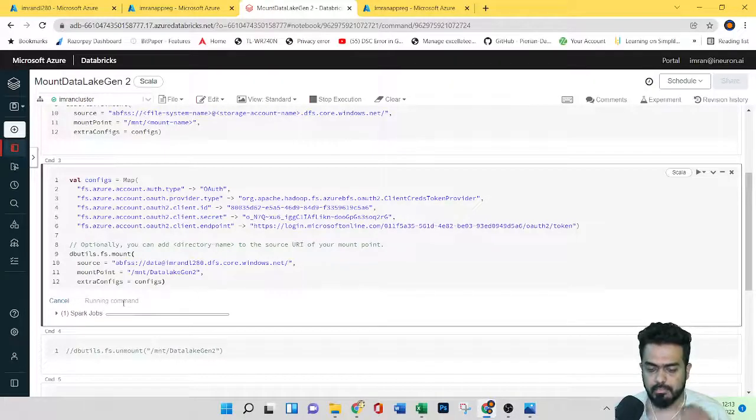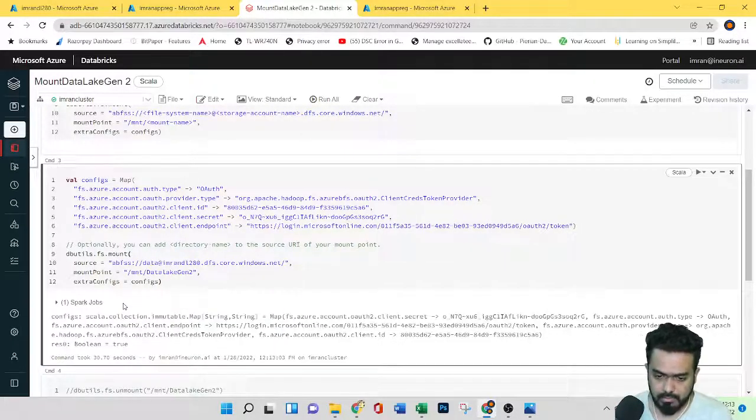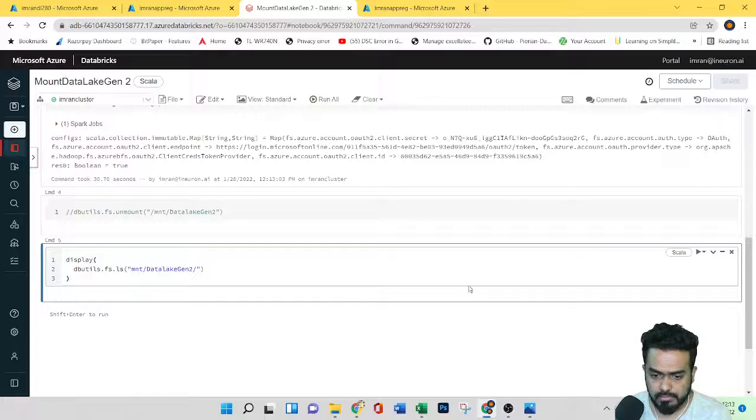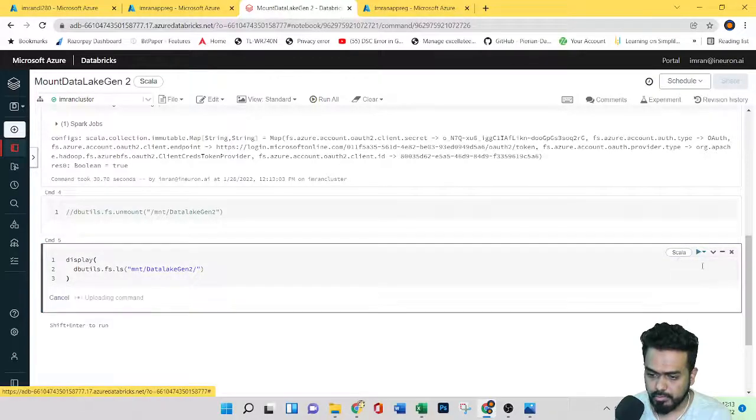You can see it's running commands. So it got created. Now let's see if I'm able to display the files under what we have mounted.